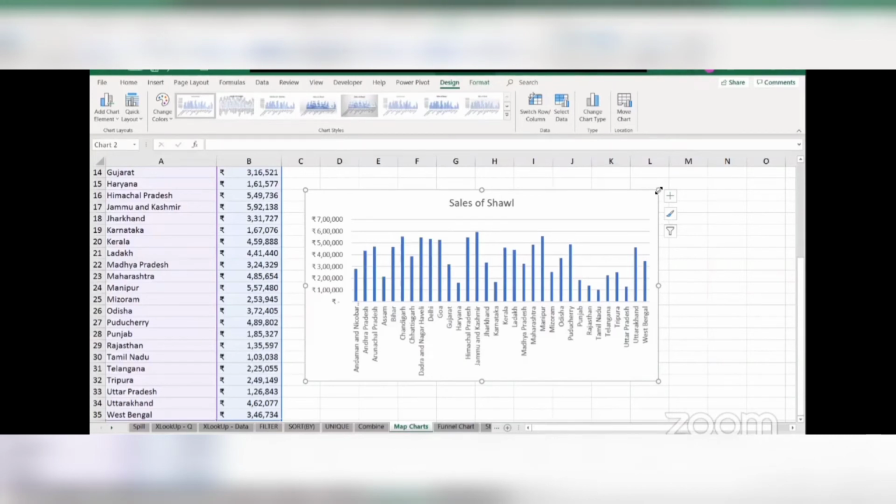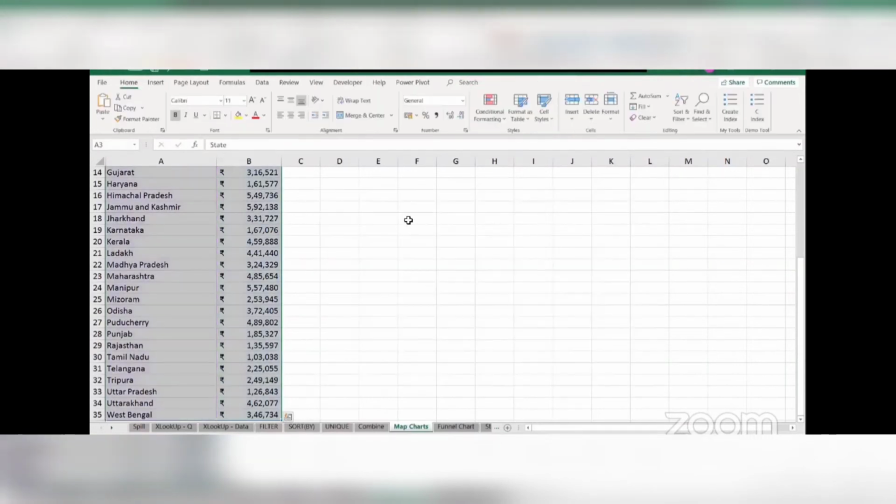Here, if I quickly ask you to find where Assam is, or where Chhattisgarh is, or where Gujarat is, will you be able to do it within a second? Not really. You need to scan through all the labels that we have here, isn't it? So that is also a problem to me. I don't want to go through all these labels here. So even a column chart fails to help me here, right? So I will select this and delete it. I do not want a column chart. I do not want a pie chart.